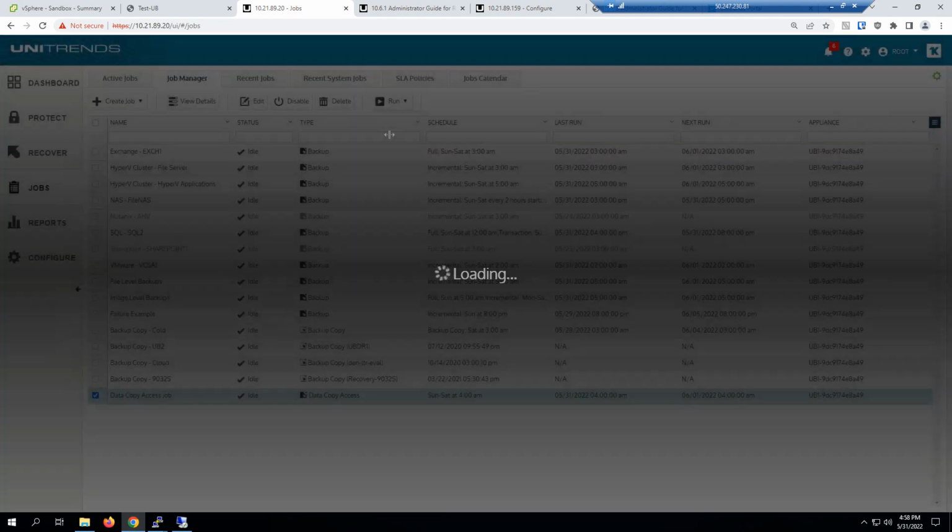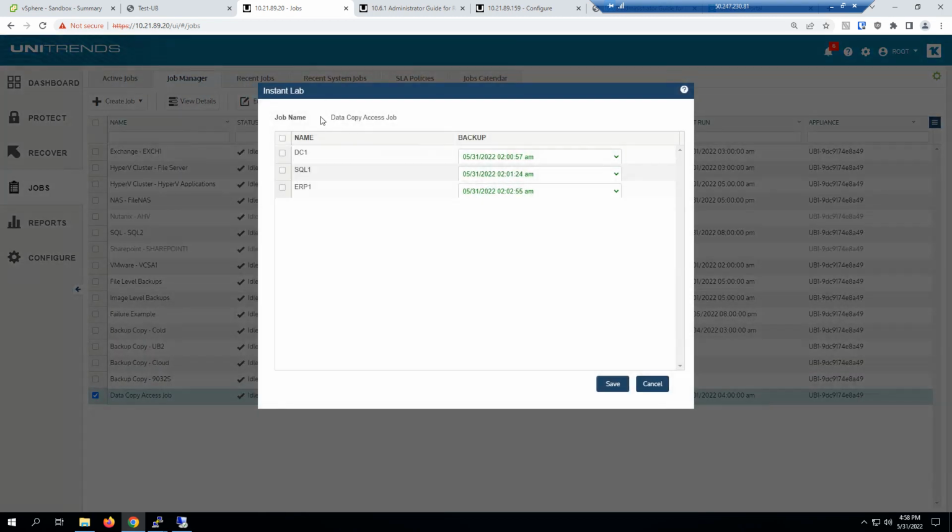But I can also choose to do an instant lab here. And an instant lab does the same thing a test does, only it leaves it up at the end of the test. That way you can make changes within the sandboxed machines. You could roll these back in time if you needed to verify whether or not someone installed an update that broke something, or if there was a ransomware attack. We could roll back all the servers prior to when Unitrends alerted us that there was an attack